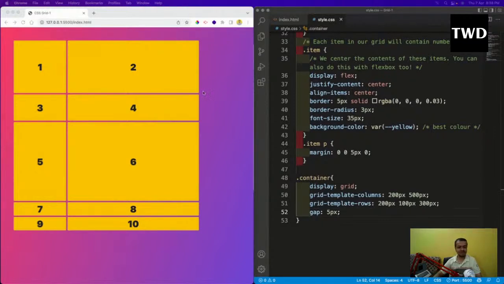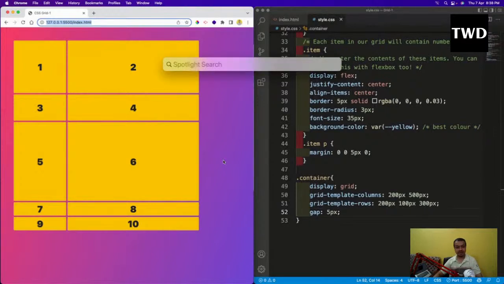Whatever we're going to learn now, we cannot see it in this browser. There is a special type of browser for your grid, and it has some great tools. I was checking in this Chrome whether we still have those tools or not, but that tool is still not there. There is a very good tool, and that tool only comes with one browser: the Firefox Developer Edition. Nowadays I don't prefer Firefox Developer Edition. It is not optimized for the M1 Mac, which I'm using, and it takes a lot of memory, but what we can do